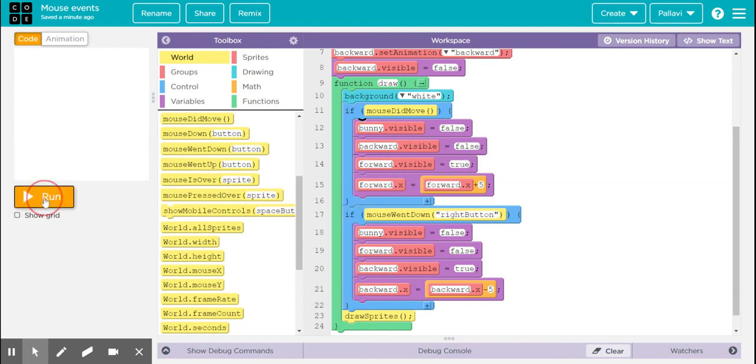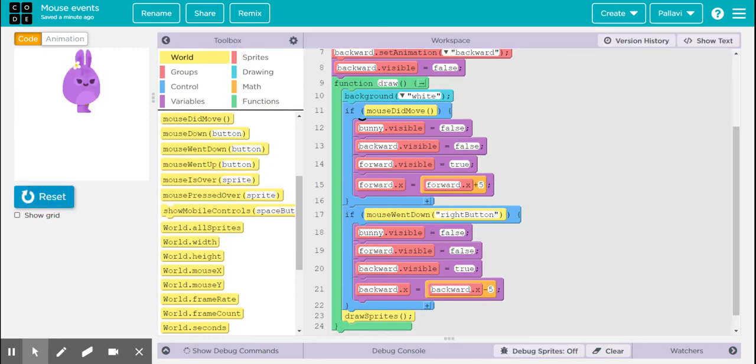So let's see what exactly we mean by mouse did move. As you see, if the mouse is moved once, the bunny moves forward by 5 steps. If the mouse is steady, then there is no movement. Every time the mouse is moved, it moves forward by 5 steps.